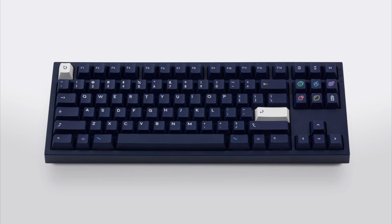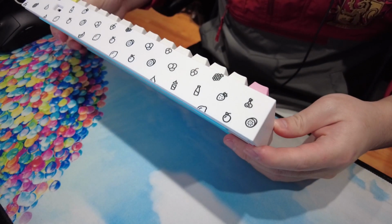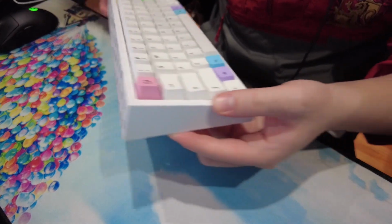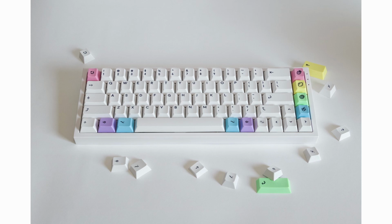The NK87 Darkshake is another collab board that Novelkeys is doing with Bib, the designer of the popular cat milkshake set. The first video on this channel was actually a review of the NK65 milkshake, which was a collab board that ran back in 2020. It was one of my first custom keyboards at the time, so I was quite impressed by it, but there